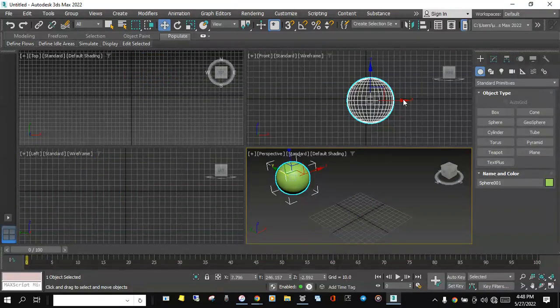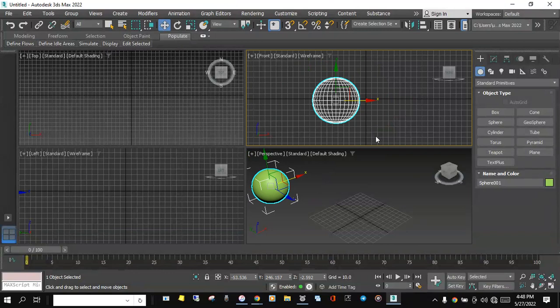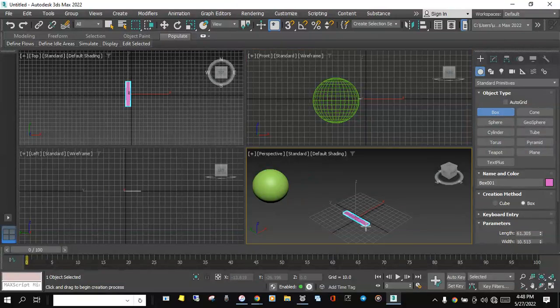Now I'm going to create another box. So right here on the base, you start from the top. If you notice, I'm still holding my left mouse button down,